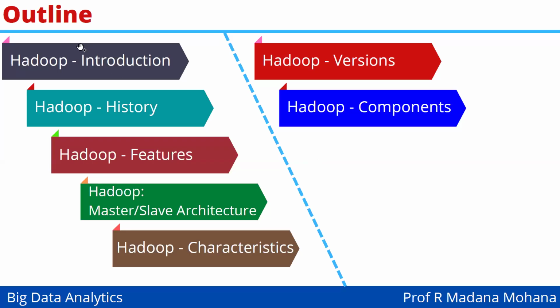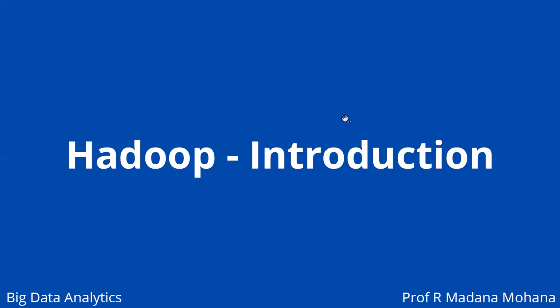Coming to the outline, first let us start with Hadoop introduction, then history, then features, then Hadoop master-slave architecture, then Hadoop characteristics, Hadoop versions, finally Hadoop components. Coming to the Hadoop introduction,